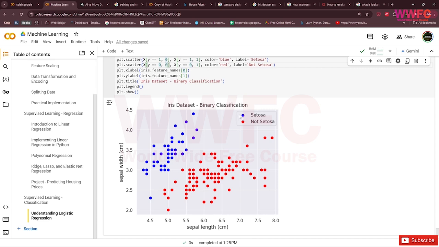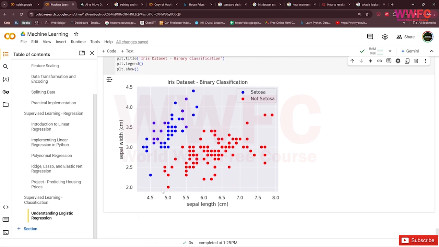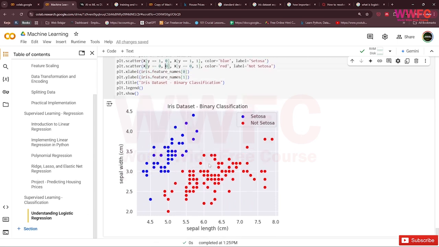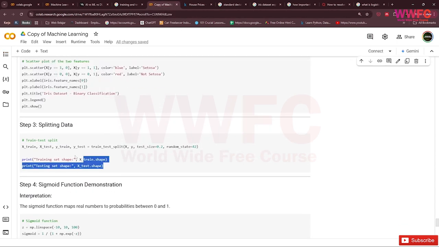Setosa is the blue one and the red one is not setosa. So we can check the classification here. Logistic regression is classification like that: we check setosa and not setosa. Next is splitting the data.